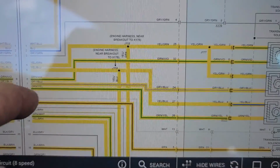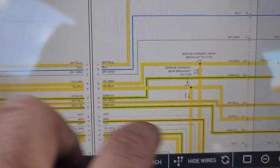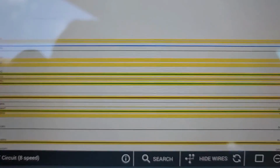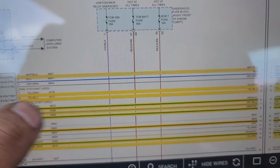same one that we looked at. Yellow blue, yellow blue, that feeds the other sensor. Yeah, that's the same one, pin 8. Okay,